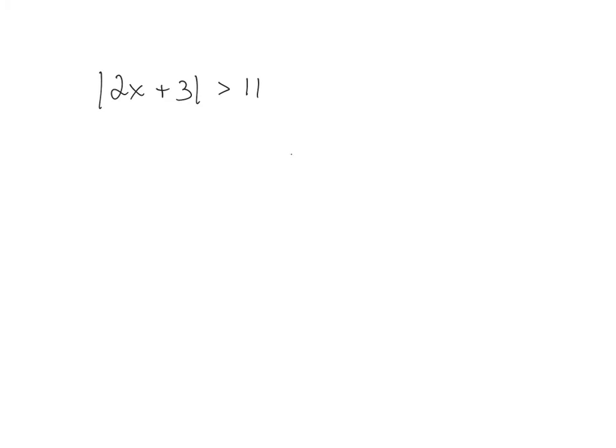So this one, the absolute value is by itself already, so I don't have to do step 1. Step 2 is check for no solution and all real numbers, but the 11 is positive, so I'm good. So I write my two inequalities, but remember the second one, I flip from greater than to less than and do negative 11. Okay, so when I go to solve,